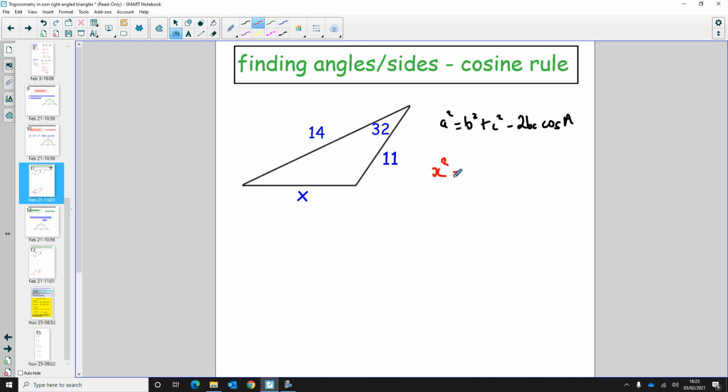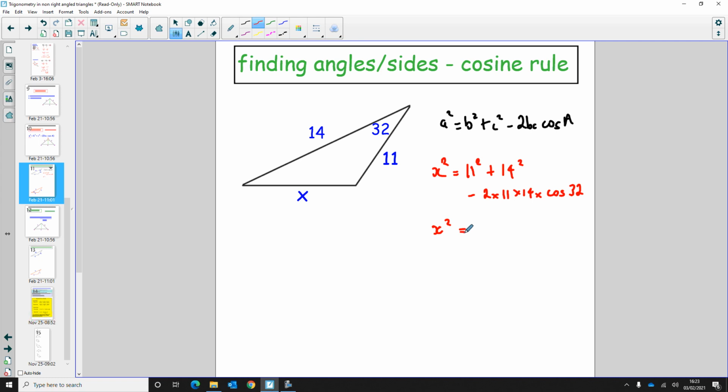So I'm going to choose b to be 11. So that's going to be 11 squared plus c squared. So that's plus 14 squared. And then minus 2 times b, which is 11, times c, which is 14, and then times cos of the angle opposite what we're trying to find, or between the two sides that are given. So in this case, cos 32. And we need to work out